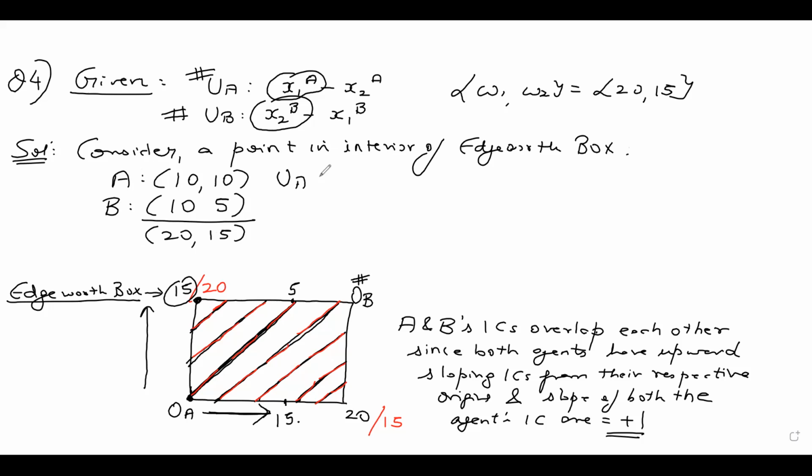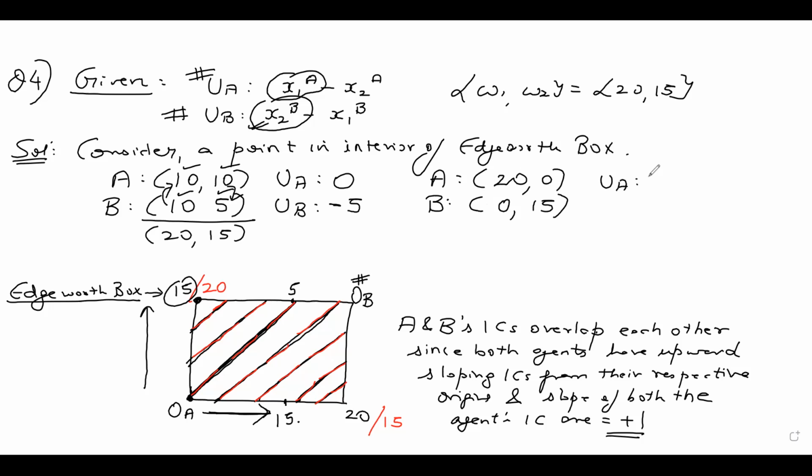Okay, what is the utility A gets from its own bundle? 10 minus 10, which is 0. What is the utility B gets from its own bundle? 5 minus 10, which is minus 5. X2 minus X1, 5 minus 10. Now, to make A better off, A needs more units of X1. So suppose B gives all 10 units here. And to make B better off, B needs more of X2. Suppose A gives all units here. So if I make this straight, A will have 20, 0, and B will have the bundle 0, 15.